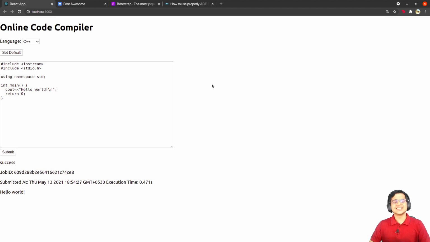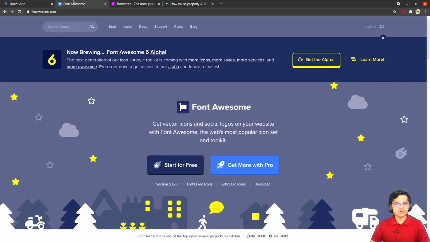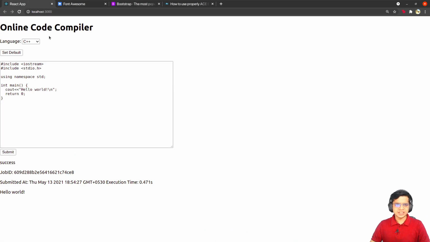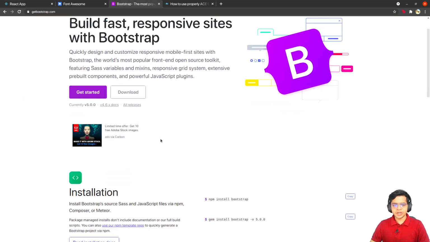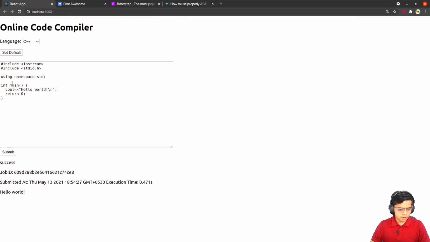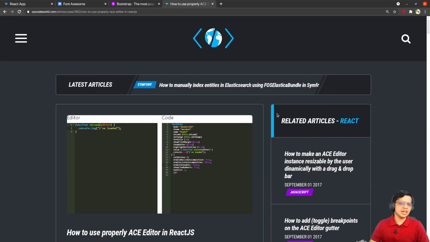Now I intentionally left some things out, like beautifying this project. So I'll show you how you can do that. You can use these Font Awesome icons. The UI is just simple paragraph tags, so you can use Bootstrap to show elements like the large jumbotron or some icons or some good buttons over here. And the text area that we have is very simple, like it is primitive, even the tab doesn't work here. So for that you can use the Ace editor and it will give you a more VS Code like look to your app.